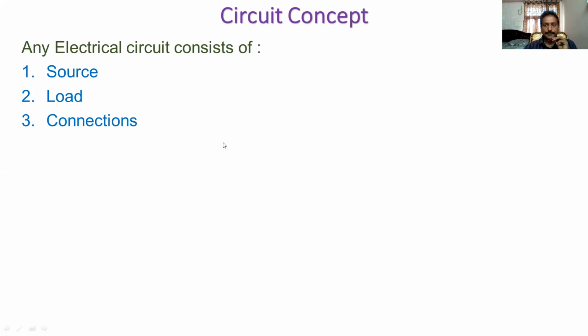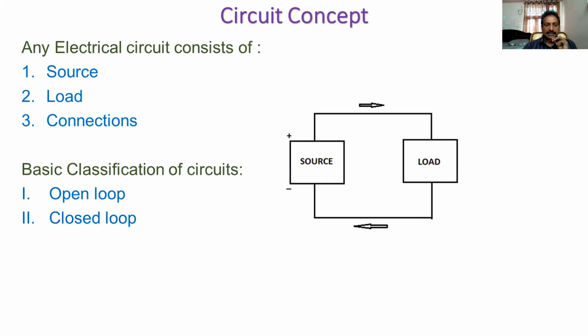Example, we'll take a fan. Fan is a load. What you need, source is a switch. You want to operate the switch, so you want to interconnect the switch through wires to the fan. That is the connection. So that is a small example of a circuit. Or you take a tube light. Tube light is a load and switch is a source. In between those two, you should connect a wire. So this is about source and load.